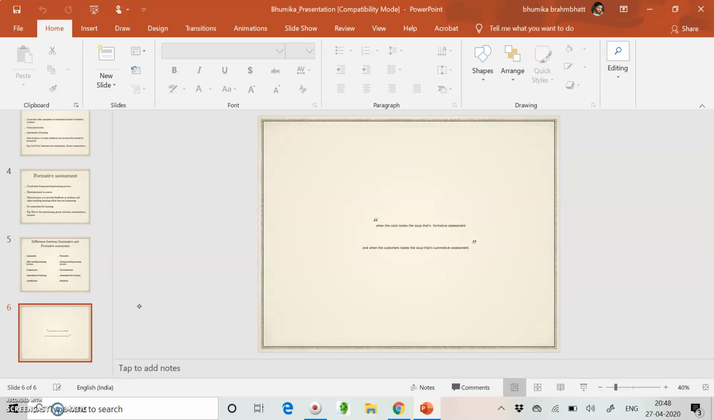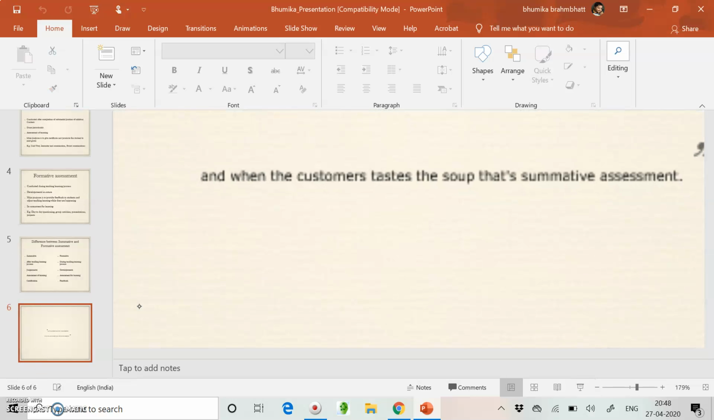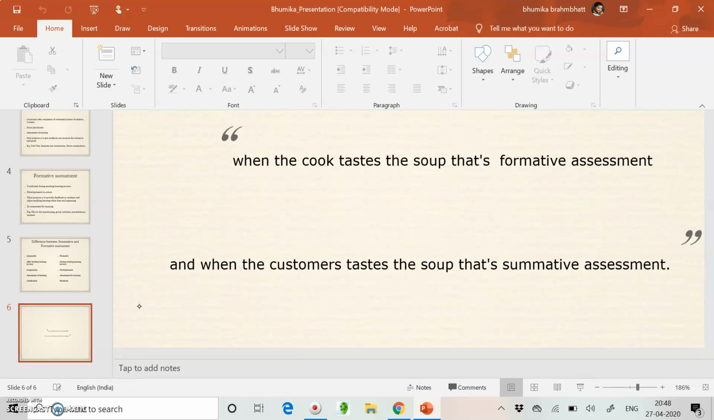So with this example: when the cook tastes the soup, that is the formative assessment, and when the customer tastes the soup, that is the summative assessment. So I hope, students, you understand the topic, and thank you for